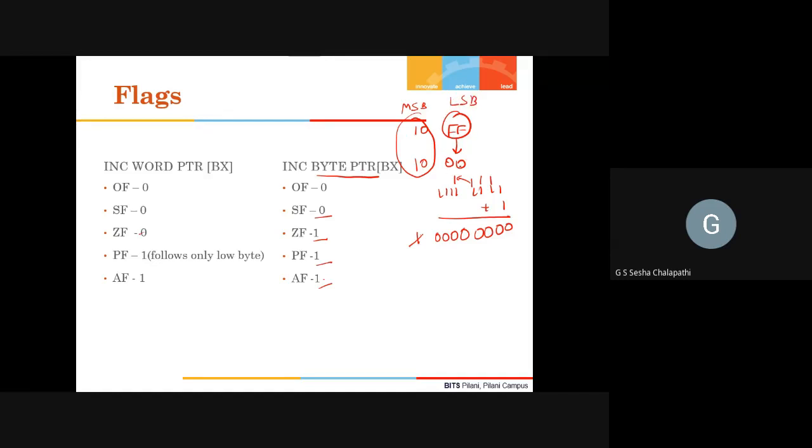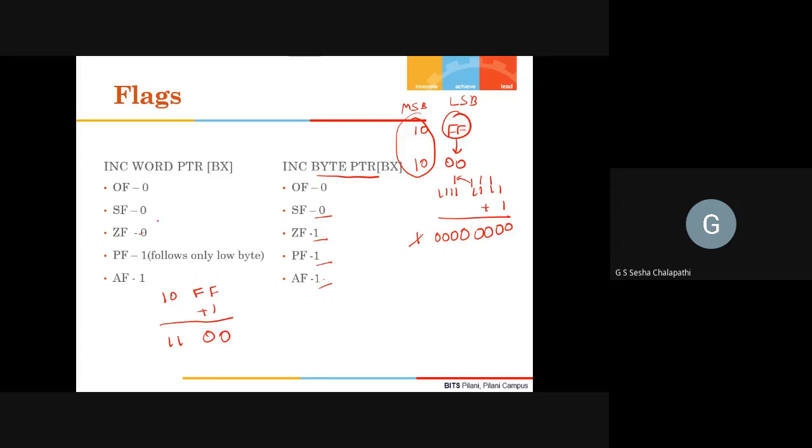So FF will become 00. This will remain unaffected, and this will be the result. Had you used word pointer, then plus 1 will become 1 1 0 0.